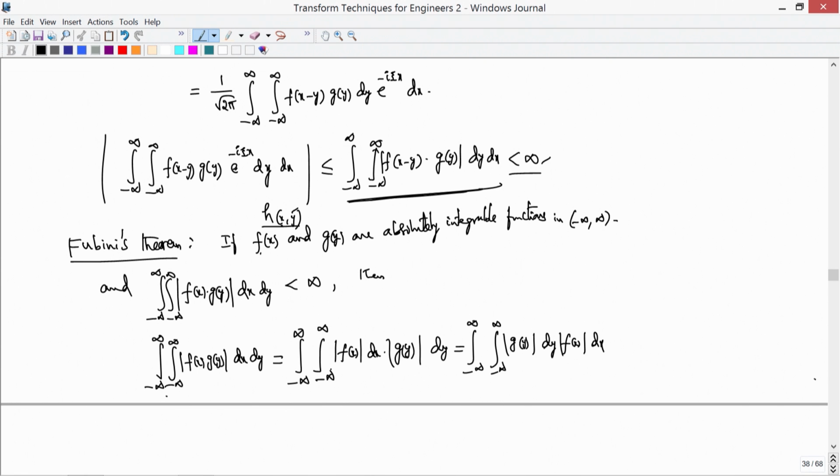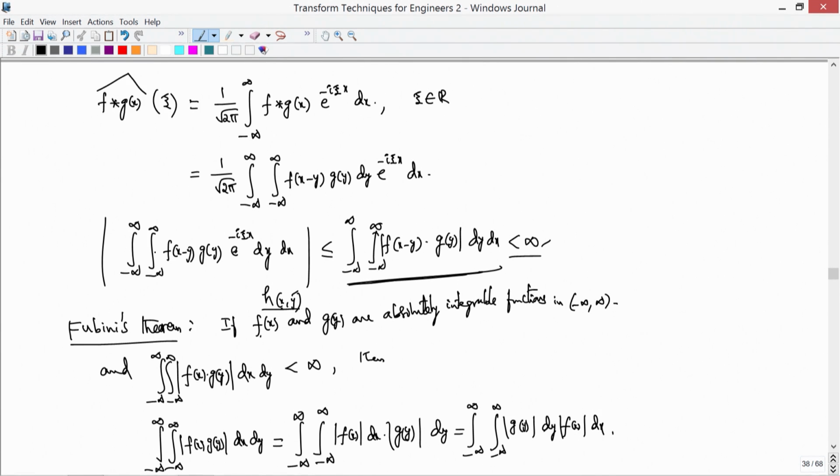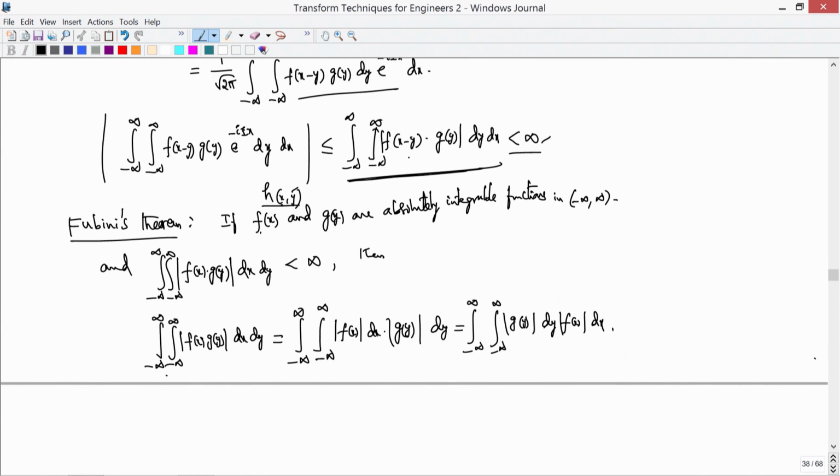Then these two iterated integrals will be the same as this double integral. That is the meaning of this Fubini theorem, and that is exactly what we use here. Because of this, you can now interchange the order of integration. That is the meaning. So, if you change the order of integration,